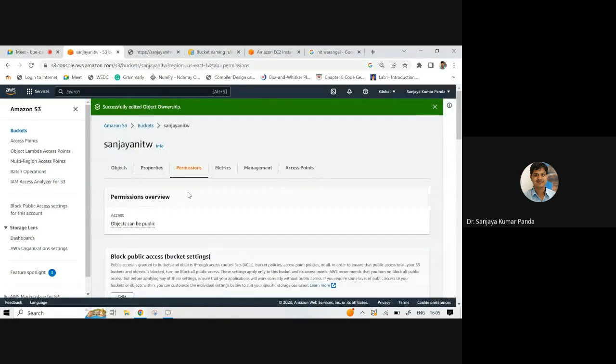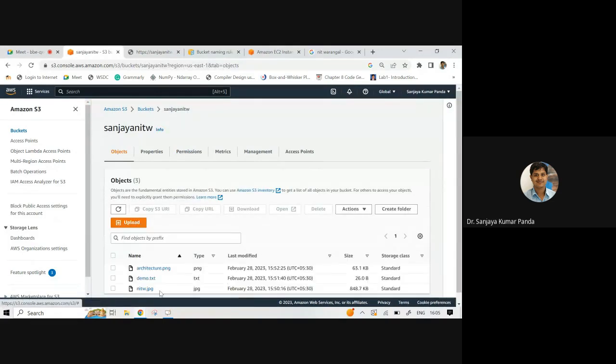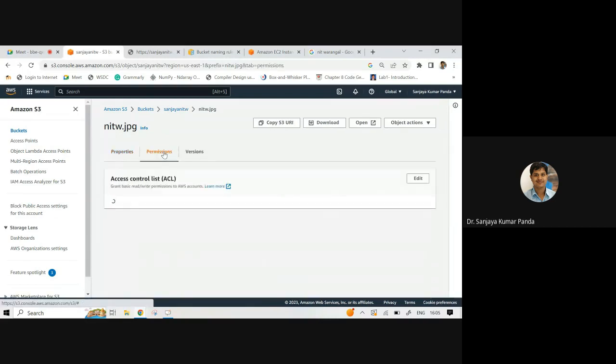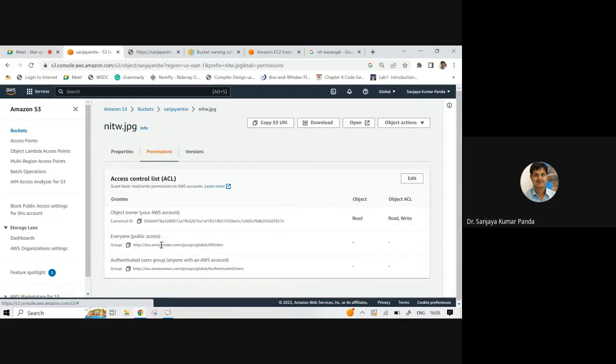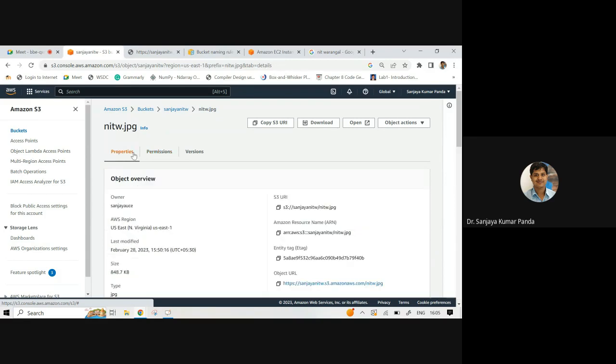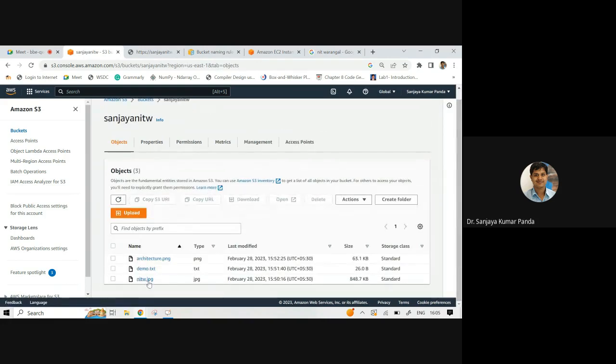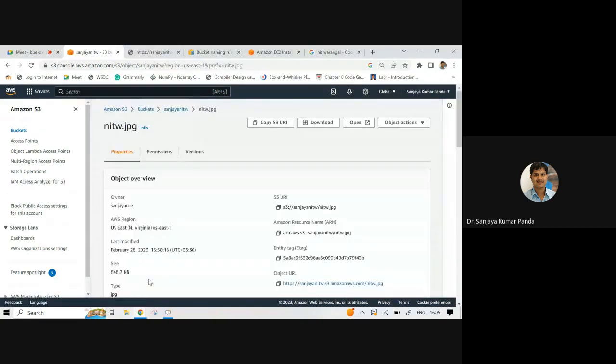Right, so what I did, I go to the object permission tab. Then here you will find ACL ownership information. You have to click it and enable it. Now it is enabled, right? So now if you go to your object, nitw.jpg, if you click it,